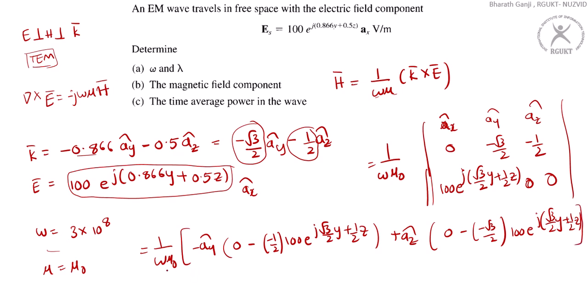So I guess you can substitute the omega value here or mu naught here, and if you do that, you'll end up with this kind of answer. So you substitute the other things here, you end up with an answer like 1.33 times ay cap,